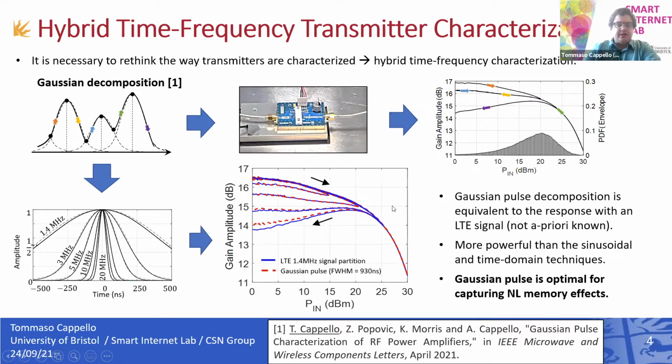In this work, we show that the amplification characteristics that can be extracted with Gaussian pulses are similar to the characteristics of the same power amplifier that can be extracted with an LTE signal, for example. So the two methods are interchangeable. Indeed, they show very similar behavior, but the flexibility of using a Gaussian pulse is that it's a simple pulse that is very simple to implement with an arbitrary waveform generator. And so it's more like a method on how things are